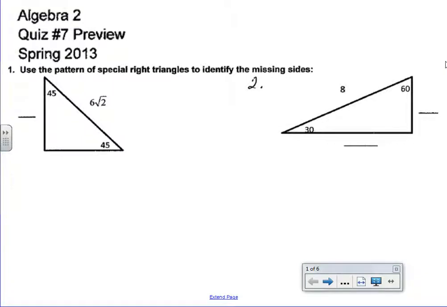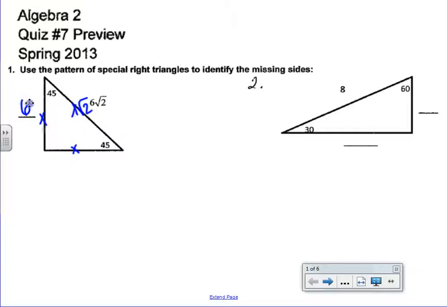So, quiz 7 is our last quiz for our trig unit, and it's going to begin with a little review of the 45, 45, 90 triangle and the 30, 60, 90 triangle. So we need to remember that 45, 45, 90s are in the pattern: the legs are the same, whatever they are, and then the hypotenuse is the leg value times the square root of 2. So when I look at this, leg times square root of 2 means that each of my legs